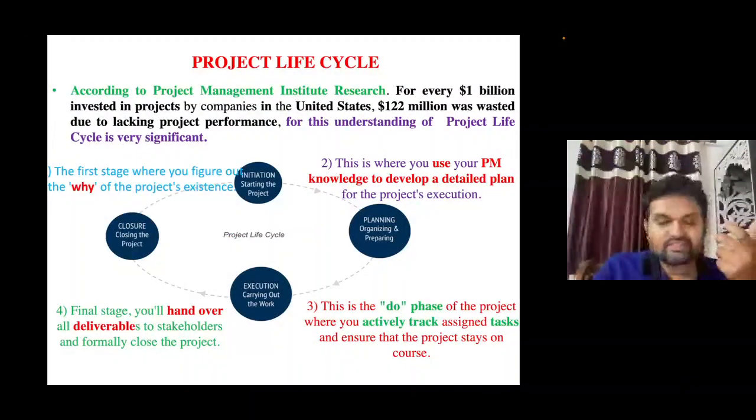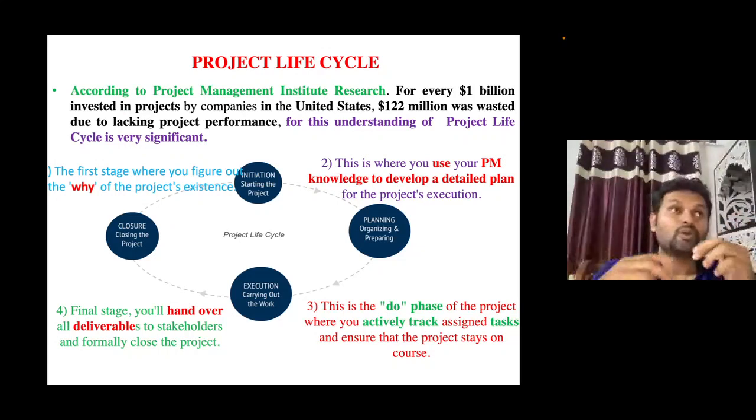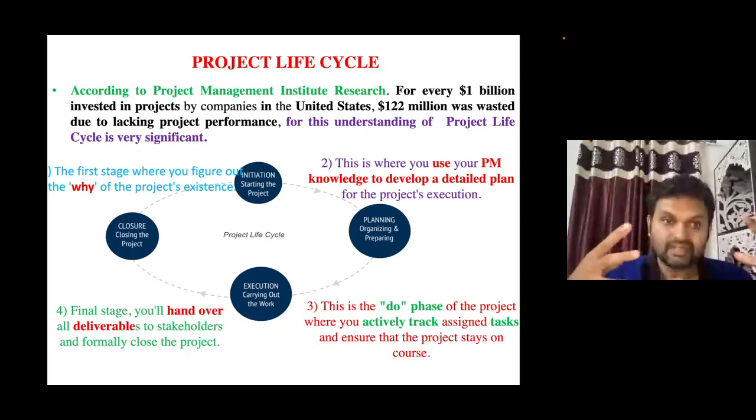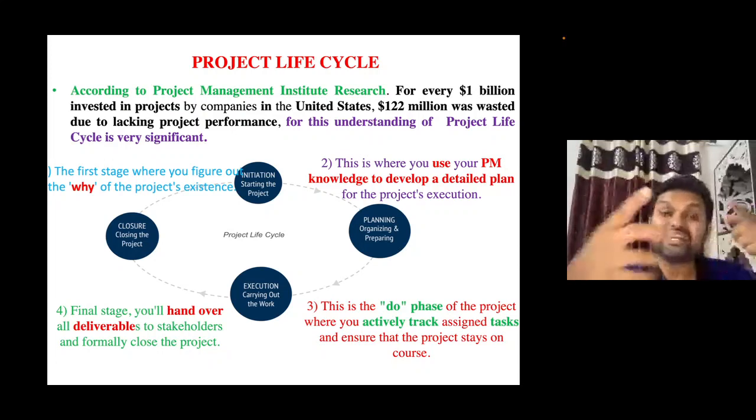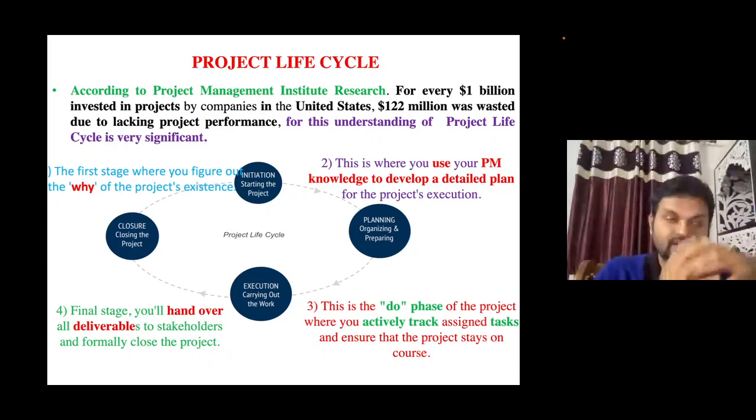Now take a simple example. We will try to understand with the example. For example, on the basis of my strategic objective, my company wants to increase revenue, get into a new segment or new category, and sometimes we want to develop our brand size. It depends. On the basis of that, we decide which kind of project I need to take care of. For example, right now I'm only doing real estate projects.